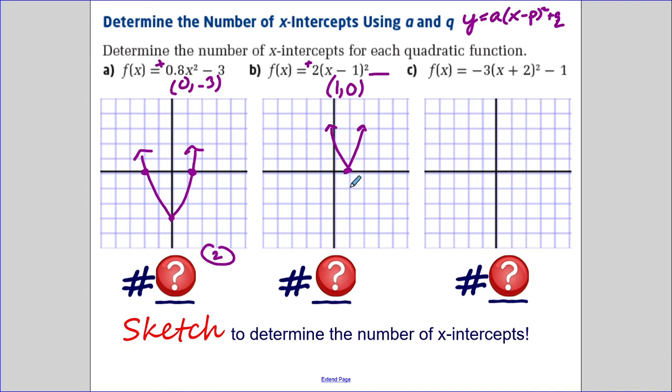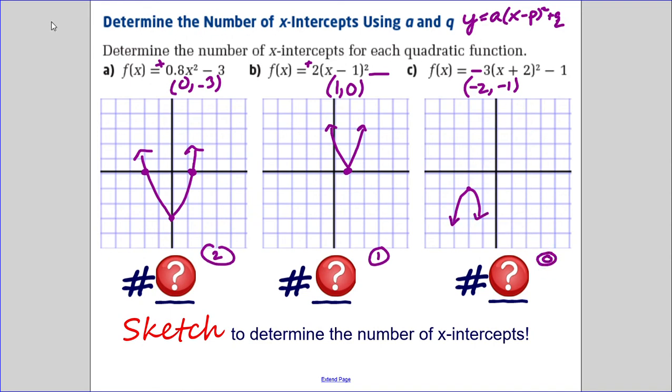And I can see that it has one spot where it crosses the x-axis, where p is 1 in both cases. So it kind of has one distinct real root to it. And in the C question, I've got a p-value of -2, and I've got a q-value of -1. So in this question, -2, -1 puts me here for my vertex, but then my a value here is negative, and so that negative means that it opens downward. So if it opens down, this will never cross the x-axis, and so I would say that I have